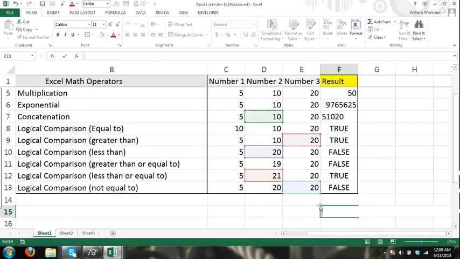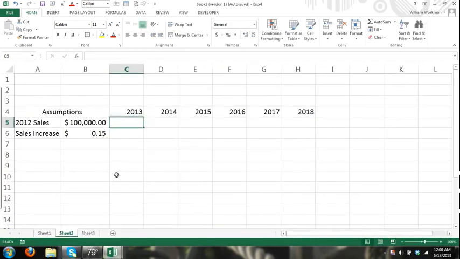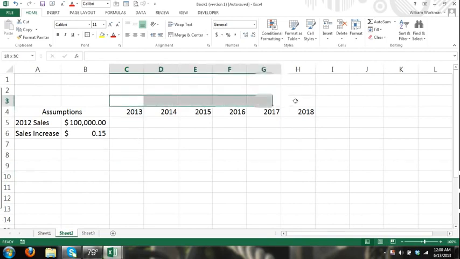Okay, moving on, I'm going to go a little bit deeper into cell reference. Okay, so here I have what I'm going to make a very